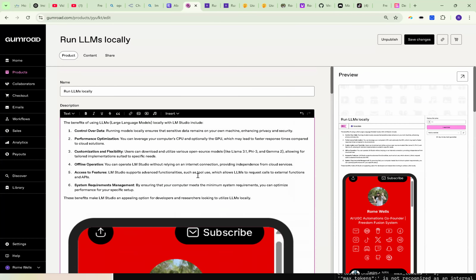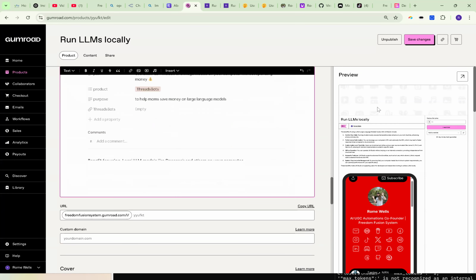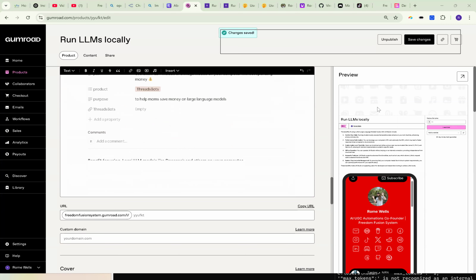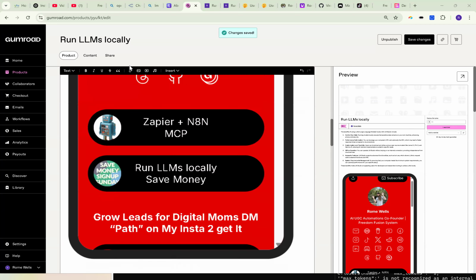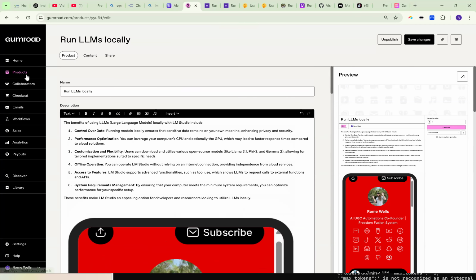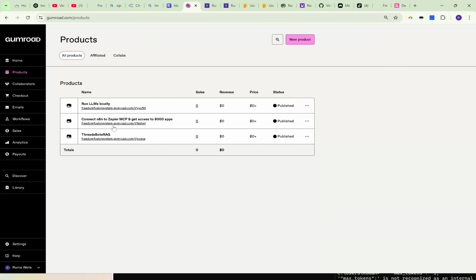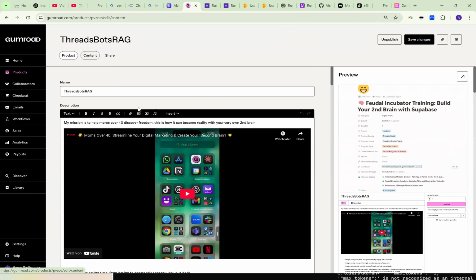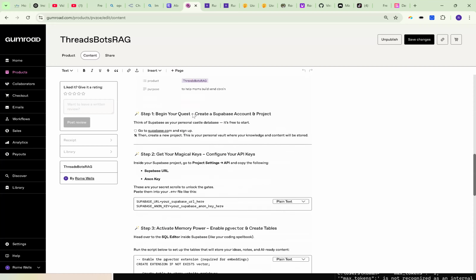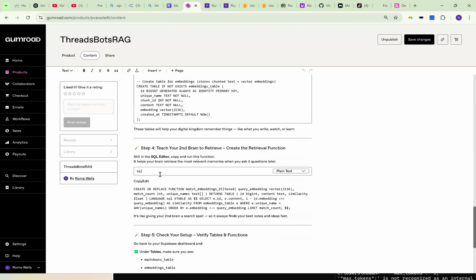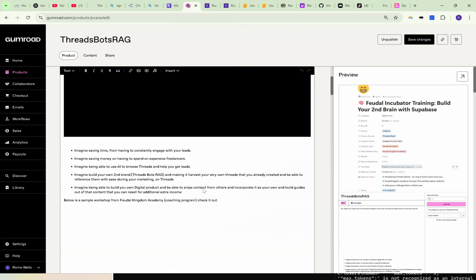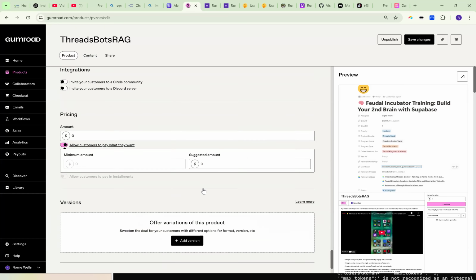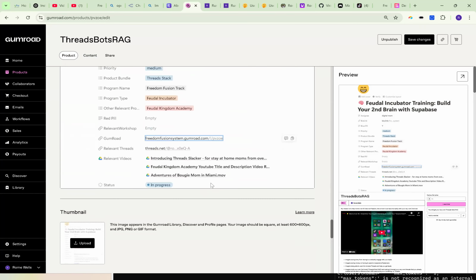So this is cool. Also, you could include other things as part of your other products. If you have a Buy Me a Coffee, because you want people to buy you coffee as well, what you want to do is go back to products and find something like this one, Tresbots Rag, right? And with your previous product where you created stuff, you just quickly include the additional information from your product relevant to, let's see,